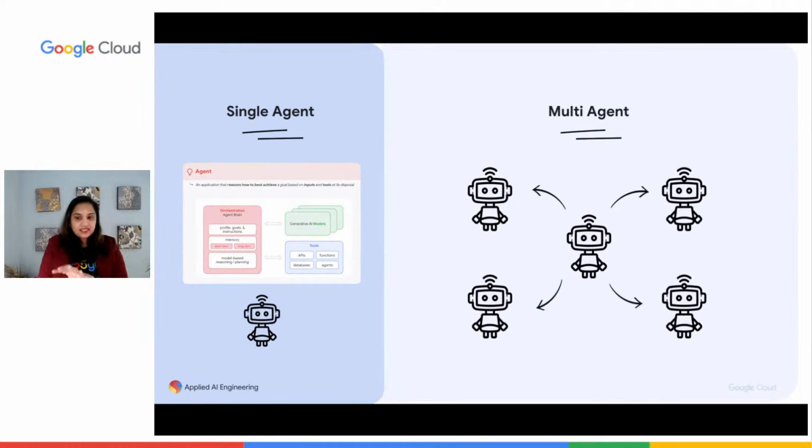But in this case, consider it like a router, an orchestrator. The central agent you see in there is responsible for delegating the tasks, receiving the tasks, and giving the response back. This is one pattern, and we see multiple patterns in this.